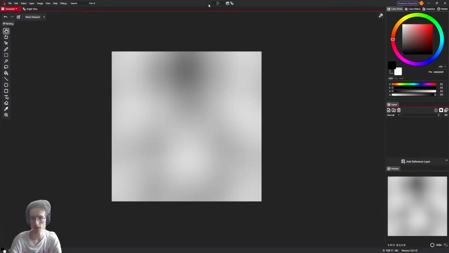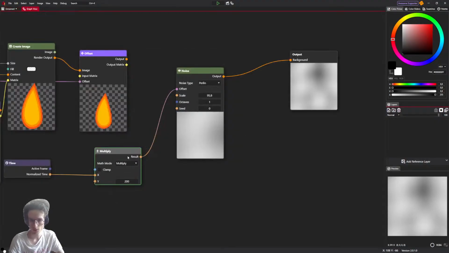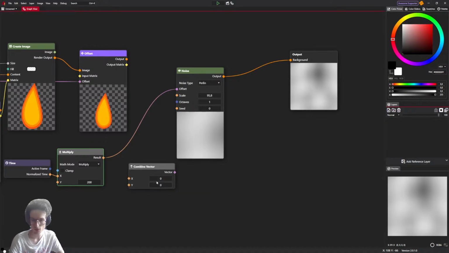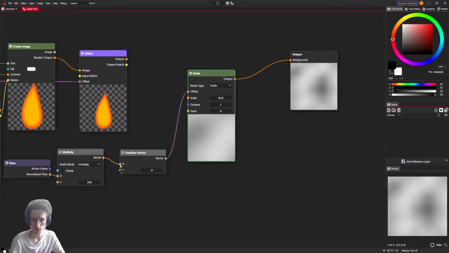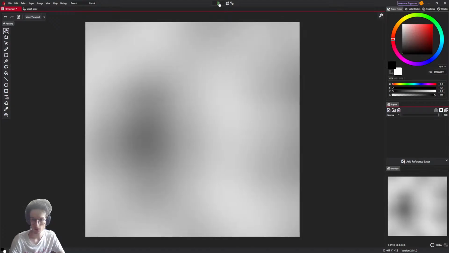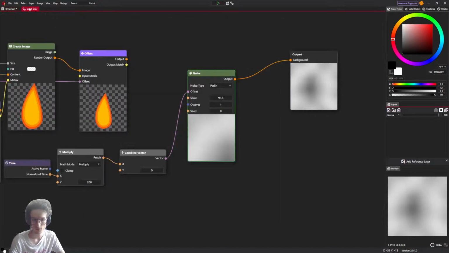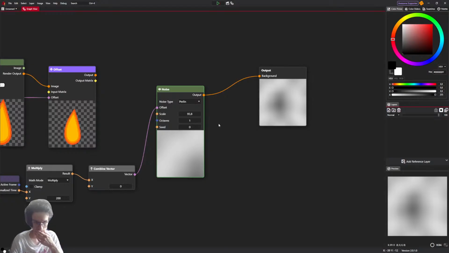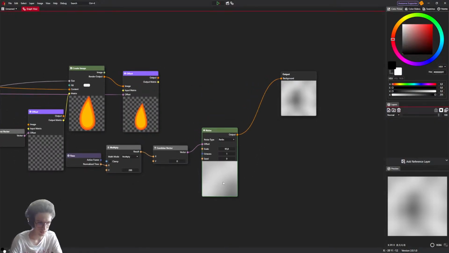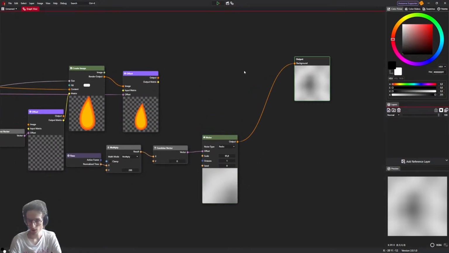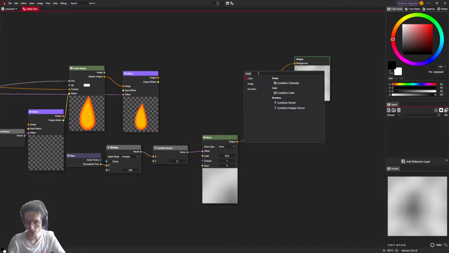I don't know if it should be diagonal. Maybe let's make it horizontal for now. So it's just a matter of setting the x to 0 in offset. Oh no, that's not what I wanted. Okay, interesting. Oh yeah, it makes sense. Y must be 0, not x. I got confused for a second. Okay, so we have the noise, and now